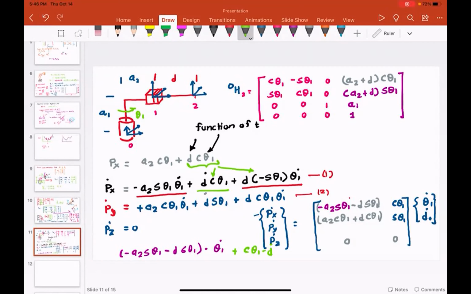Let's say there were multiple joints. So we take 0R0, which will be identity. Right? And this will be